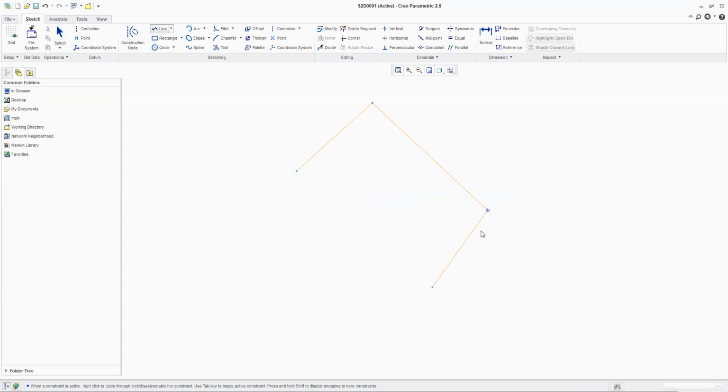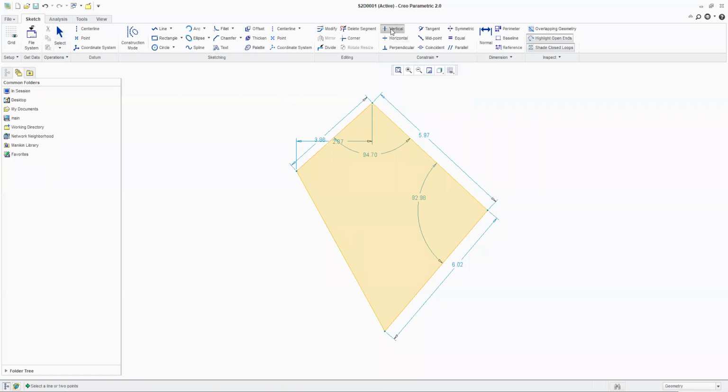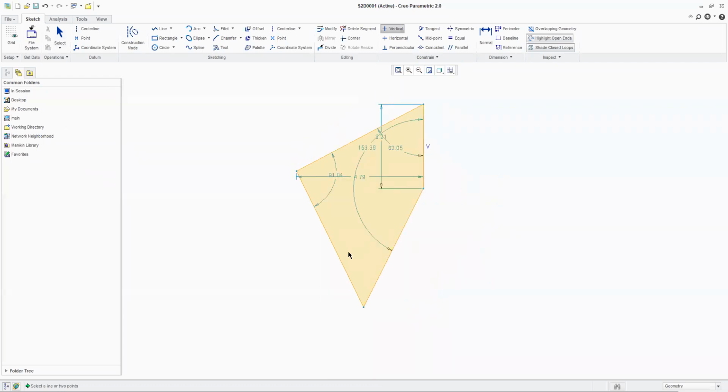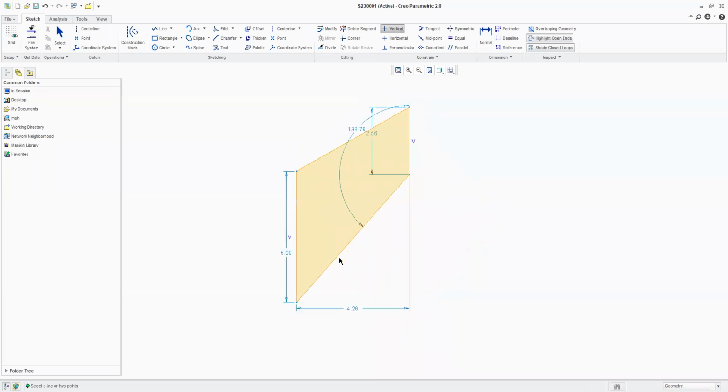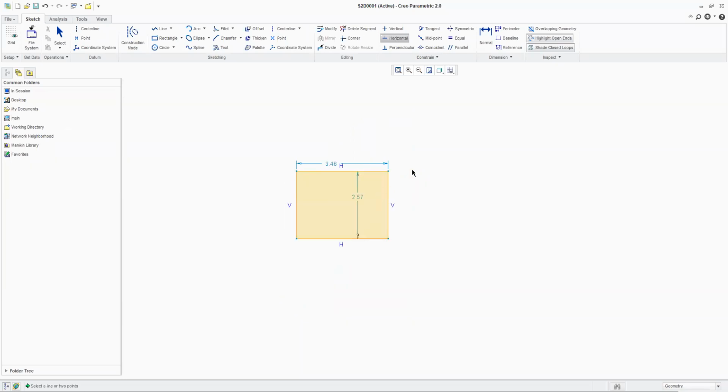And you know the best part of Creo, just check it. I drew this line, this line, this line, and I created a polygon in this way. I want these two lines to become vertical. So I came on vertical, clicked on this line and it became vertical. Again, I come on this line, I clicked on it, it became vertical. Mouse middle button, clicked. Now I am taking horizontal. I clicked on this line and it became horizontal. Again, I am coming on this line and clicking on it and it became horizontal. Can you tell me what is the difference in CATIA and Creo now?